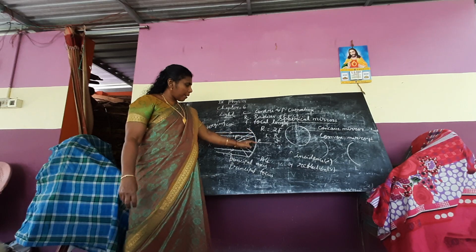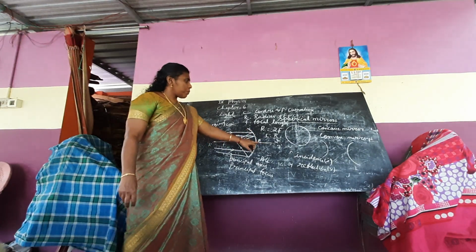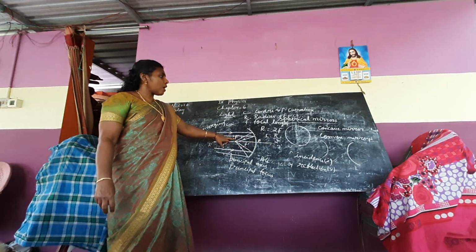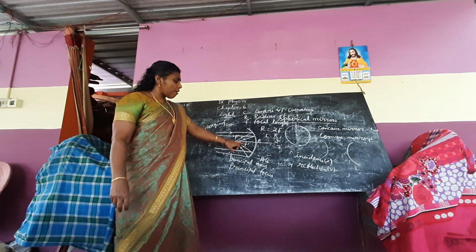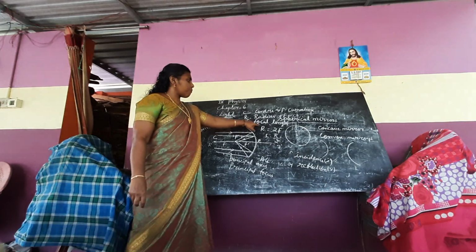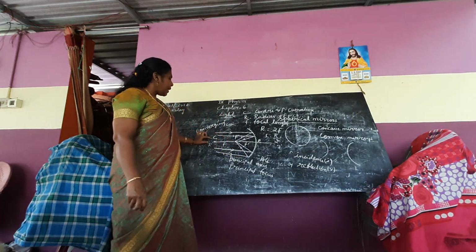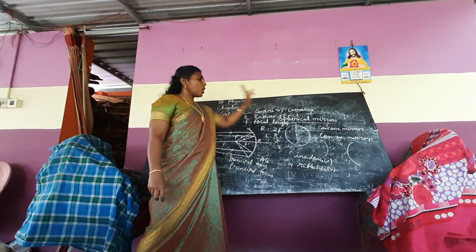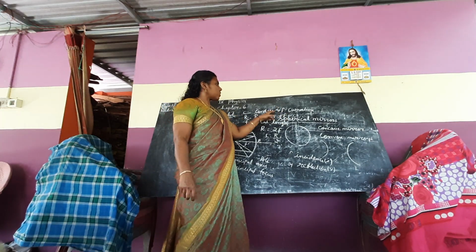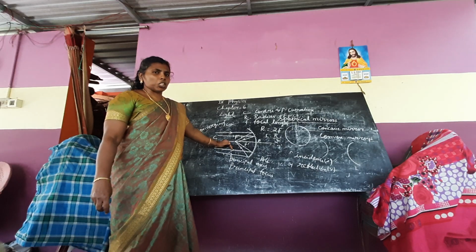This is the concave mirror and the principal axis. This line is called the principal axis. P means pole and capital F, principal focus. Small f, focal length. Capital F means principal focus, small f means focal length, and C is the center of curvature, or R. C and R are the same. R means radius of curvature. C means center of curvature. We have learned about this diagram last section.